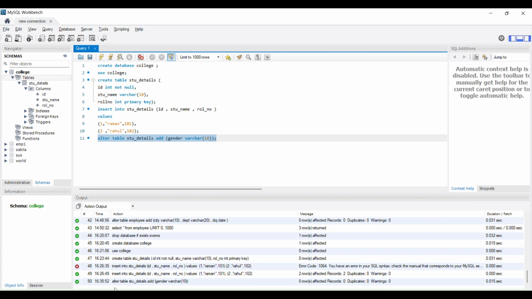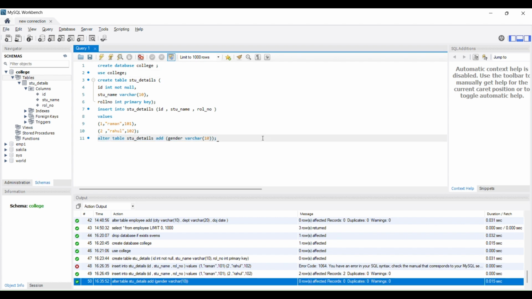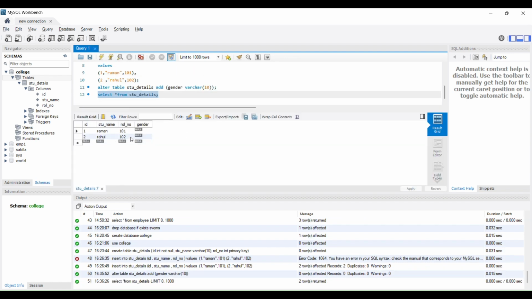Here you can see that our code has been run successfully, and here we have to give a prompt as SELECT * FROM student details, and we have to select it for seeing our table. Here you can see that our new column has been created